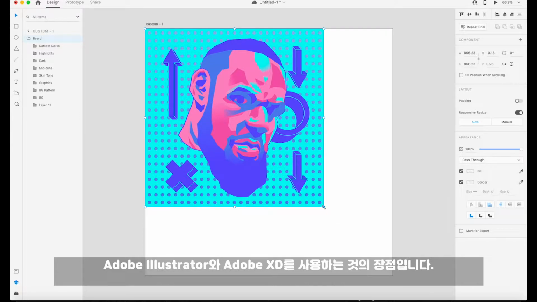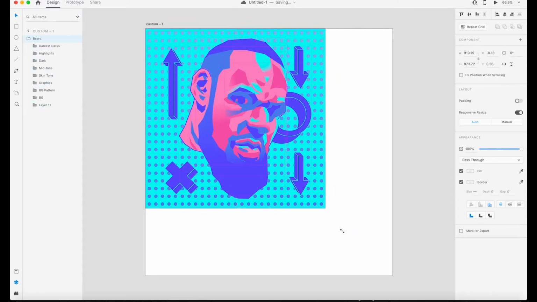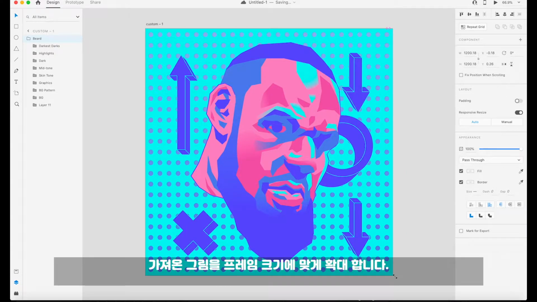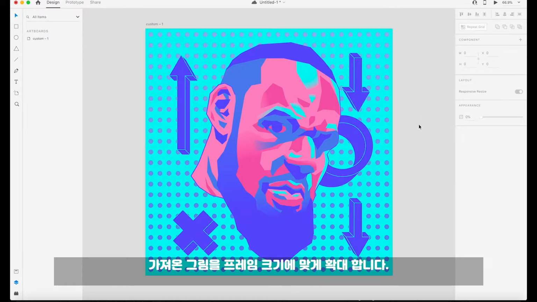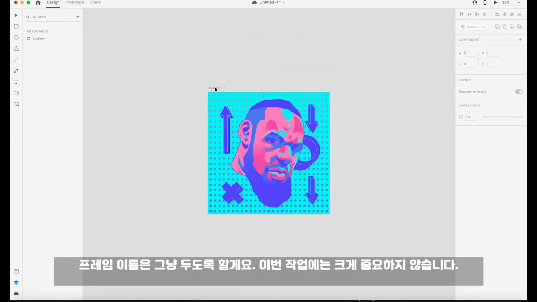If you bring in an Illustrator file, everything's organized, all the layers and everything's organized into groups in the same order. So I'm going to simply scale this and have it fit the frame, and yeah, I'll just leave the name as custom 1. The name really doesn't matter,